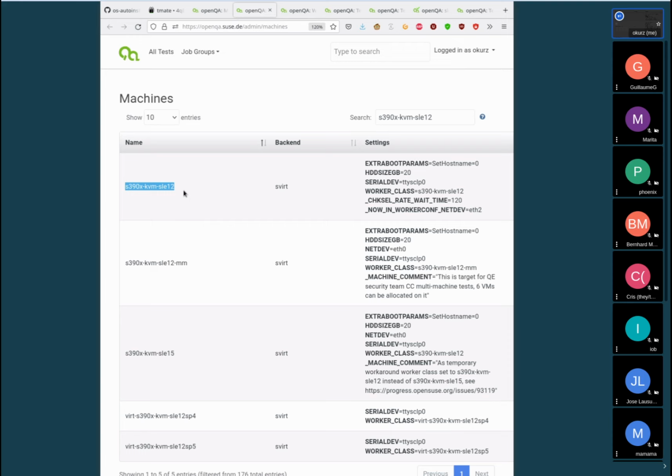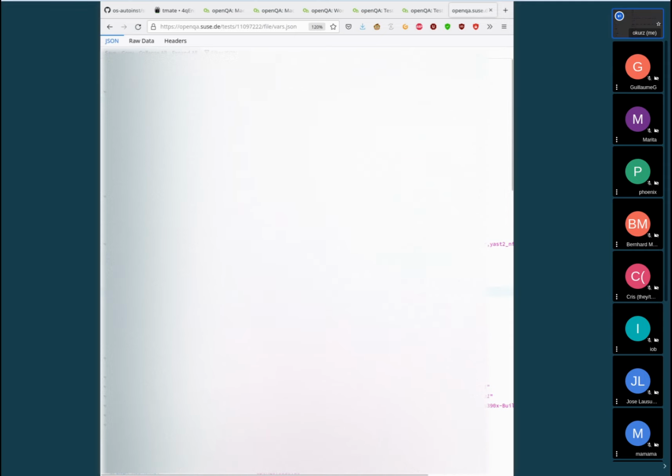So let's take a look into the used variables. What we see is that it says backend svirt. Yep, that's what we have seen. We know that there are some variables needed to make that useful. So we have some variables with virsh in the name. So we have virsh host name. That's actually what we need for the backend. More variables are used, for example, virsh instance, virsh mac, virsh guest, virsh command line, because this is used in